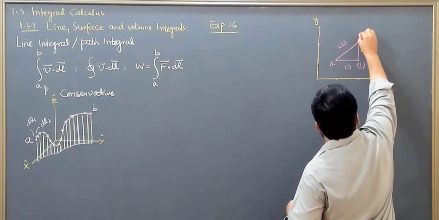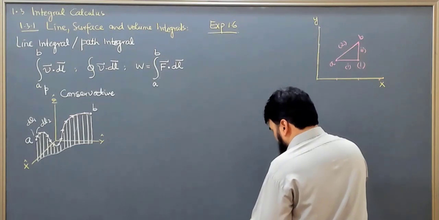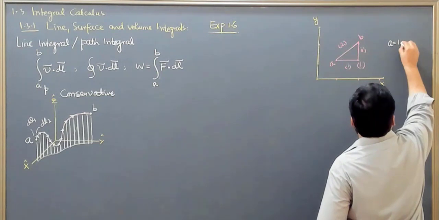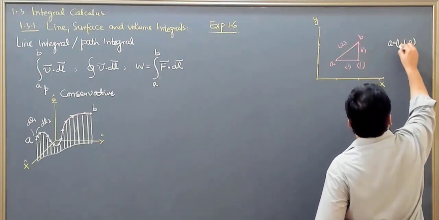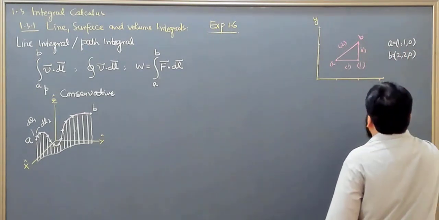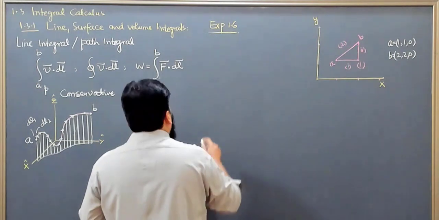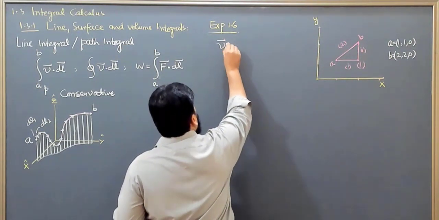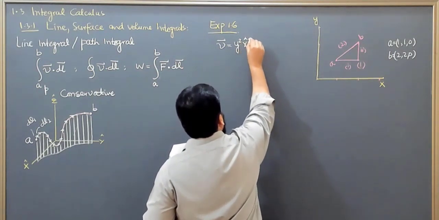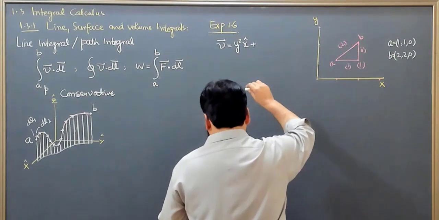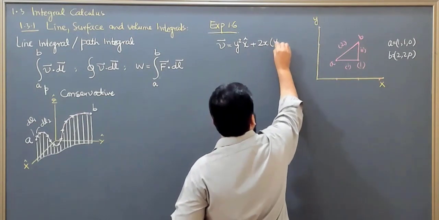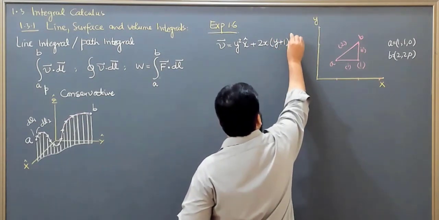this is point B. The coordinates of point A are 1, 1, 0. Point A is at 1, 1, 0 here, and point B is at 2, 2, 0 here. Now the function that we have is v equals y squared in the x direction plus 2x into y plus 1 in the y direction,